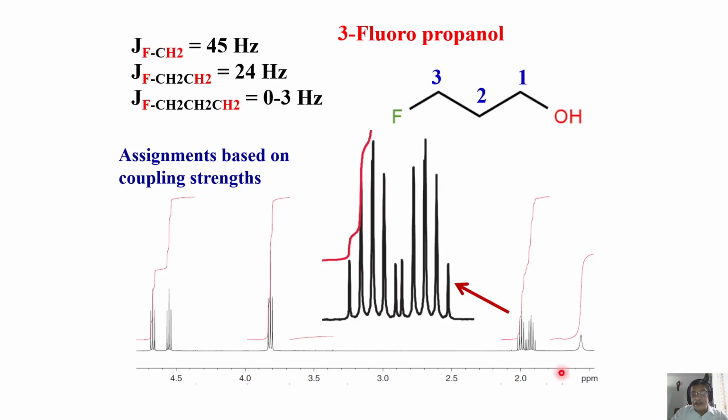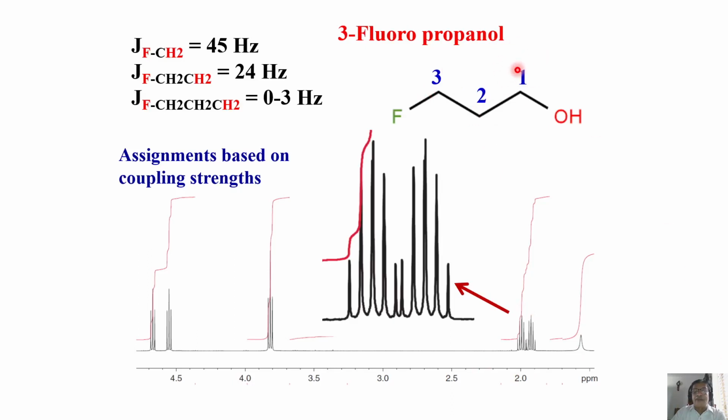It is here. The expanded portion of that, if you see, you get a 1, 3 pattern here. See, it is a pentet-like pattern. This is a pentet-like pattern. Center of this to center of this corresponds to a doublet, and each line of the doublet is split by this CH2 and this CH2, giving rise to a pentet pattern. See, this is 1, 3, 1 triplet, 1, 3, 1 triplet, 1, 3, 1 triplet. So overlapping, giving rise to a pentet. So this is also assignable. This corresponds to proton 2.